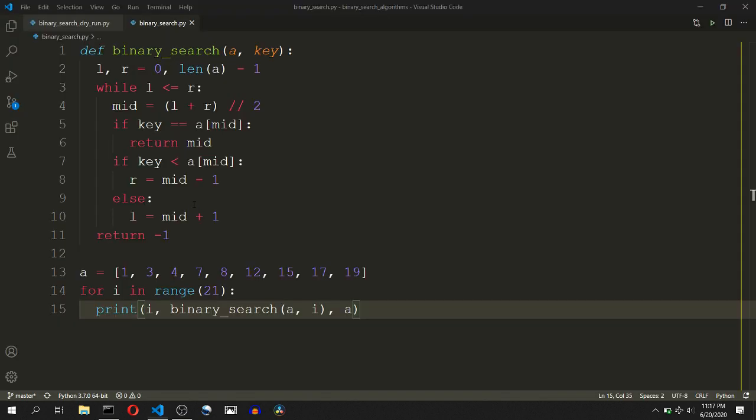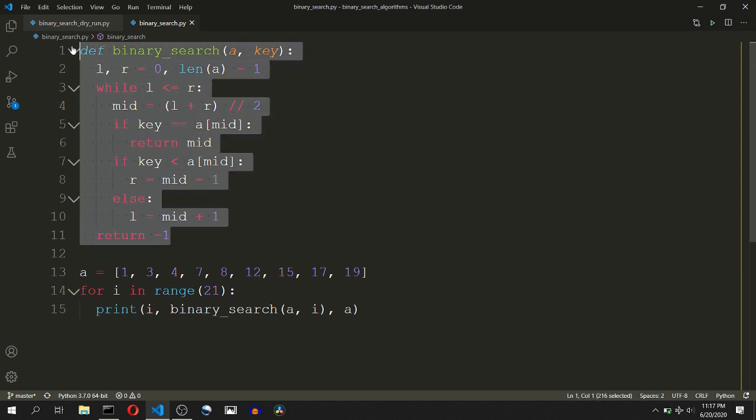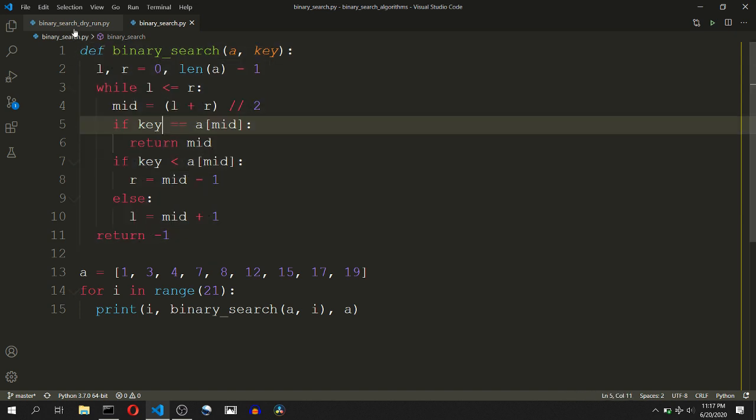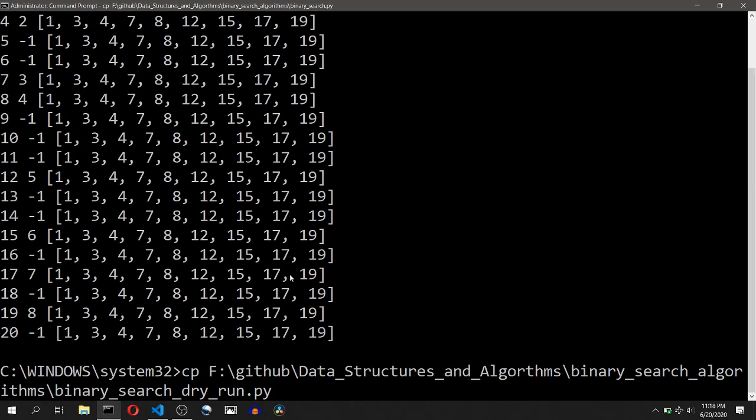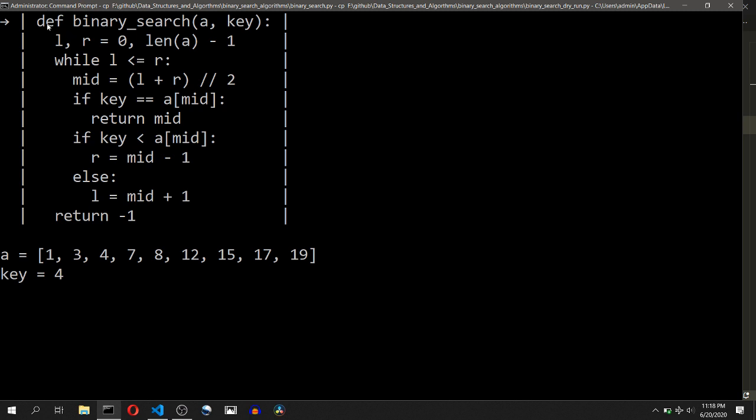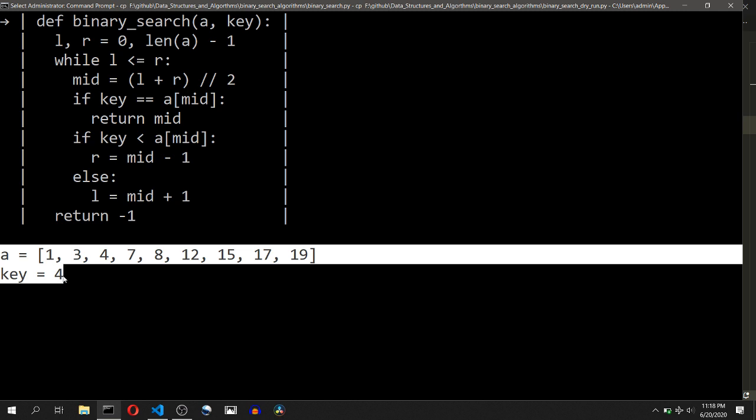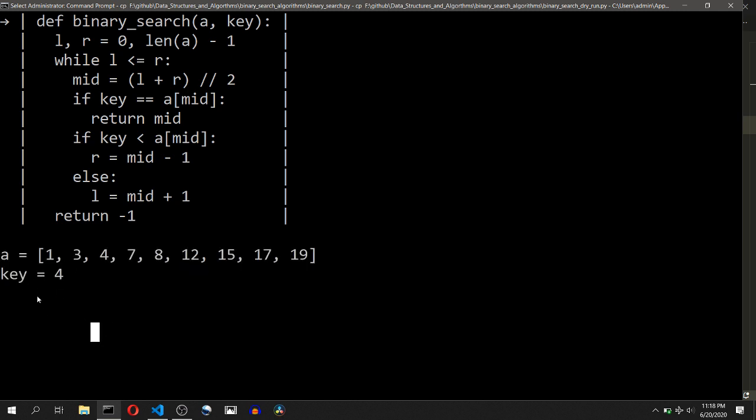Now, just getting the output is not enough, so we need to see what is actually happening in this code line by line. So for that, we will see the working of this code using the dry run. So this is the code that we have written. This is the pointer to the line that the program is currently executing. These are the variable trackers. It will show the current value of the variables, all the temporary variables, and this region will show the calculation